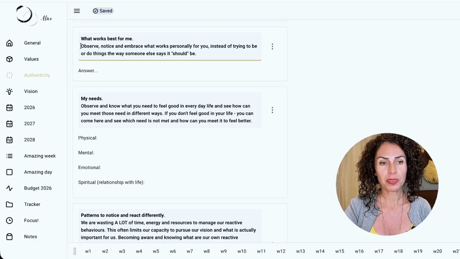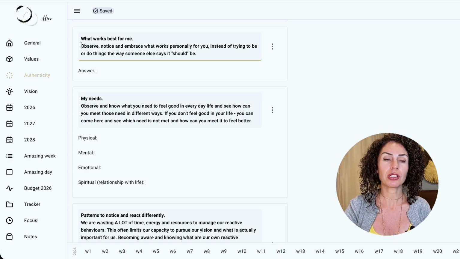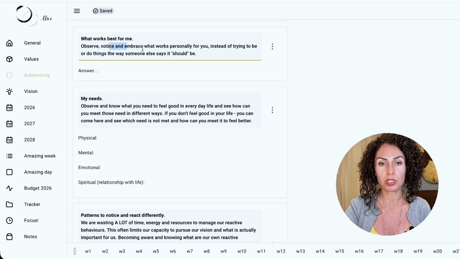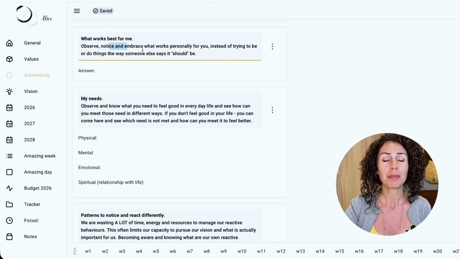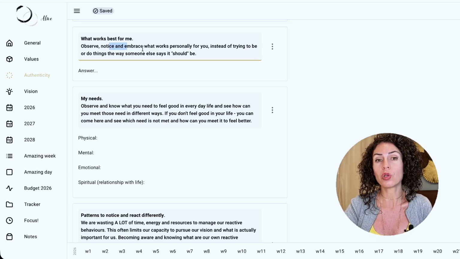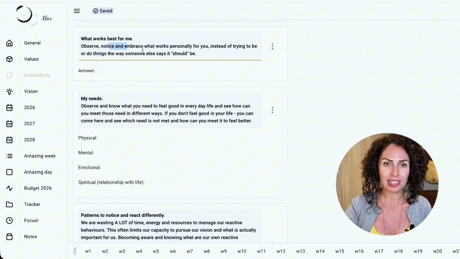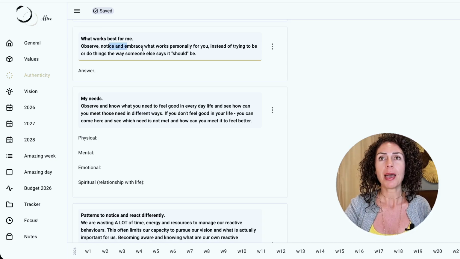And the most important thing about this part is to just start observing your own life and notice and embrace what personally works for you instead of trying to do things the way somebody else says it should be. Because whenever people are sharing something, they're sharing things that work for them, but you never know whether they will work for you or not. You can listen to them, you can experiment in your life, but then you need to see if they actually